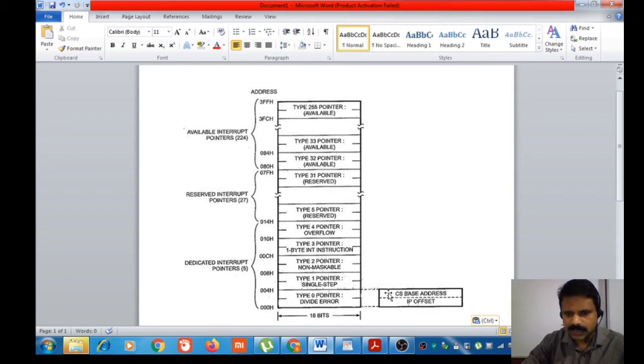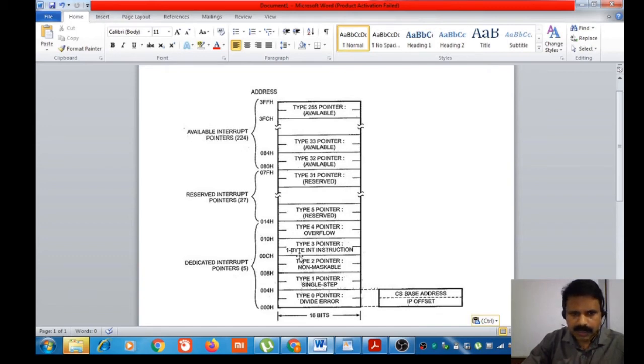That means what would be loaded in the code segment. To execute a routine, we need a CS value and an IP value. CS is the starting address, and IP is the instruction to be fetched. So to execute an interrupt type 0, in general type n, we need two values, the CS value and the IP value. Those values are stored in this vector.